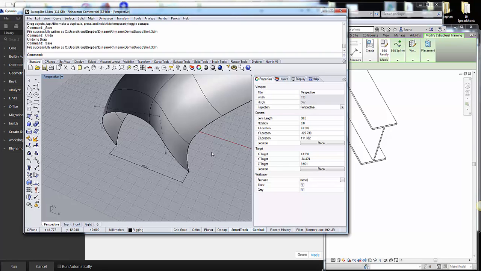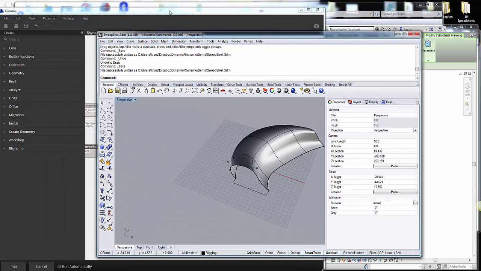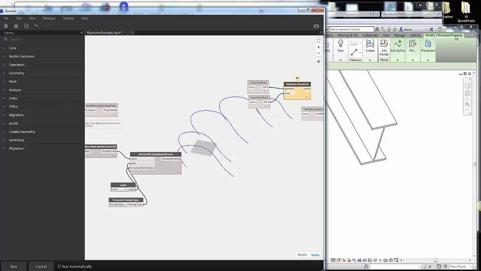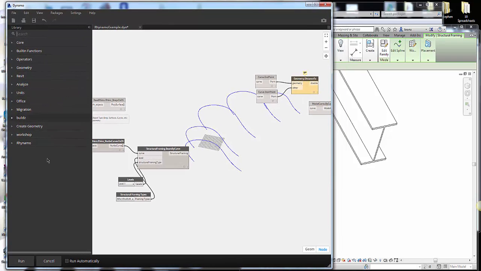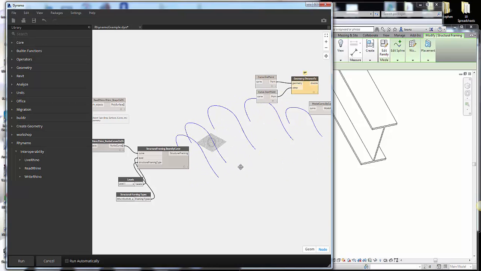Hello everyone. I want to do a little demo today of some interoperability that's been pretty popular with folks, and I've got a lot of questions about it, which is using a tool for Dynamo. It's an extension to Dynamo called Rhynamo by the nice folks at Case Inc., particularly Nate Miller. And what this tool does is pretty cool. It allows Dynamo to read and write Rhino files, which is a pretty important workflow for a lot of folks,